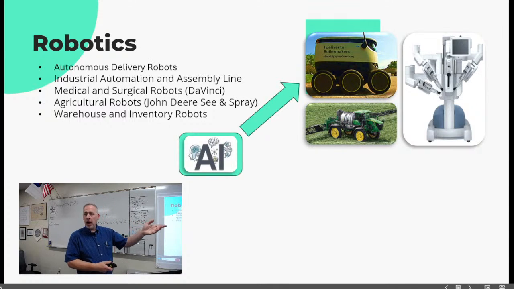Warehouse inventory robots. I think I've said a little bit about that before. Go to Subaru. Go take a tour of Subaru. Outstanding. We did that with the homeschool kids a couple years ago, and I'm like, I couldn't work here. I would be so distracted. So distracted. I mean, these things know where.